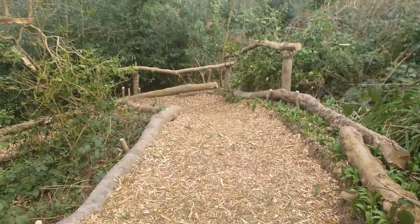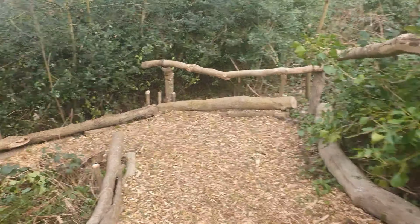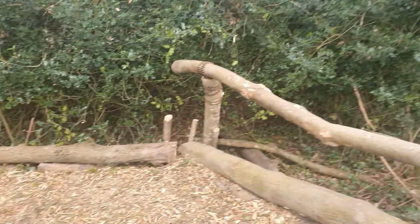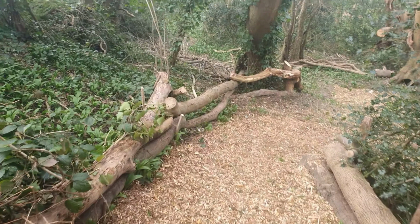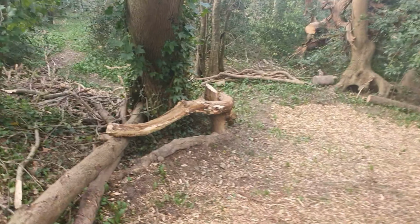So basically this was just a neglected bit of woodland. Nobody claimed ownership over it, and James and his team took it upon themselves to make it more accessible for people, and brought me in on the project. And there's so much more to do